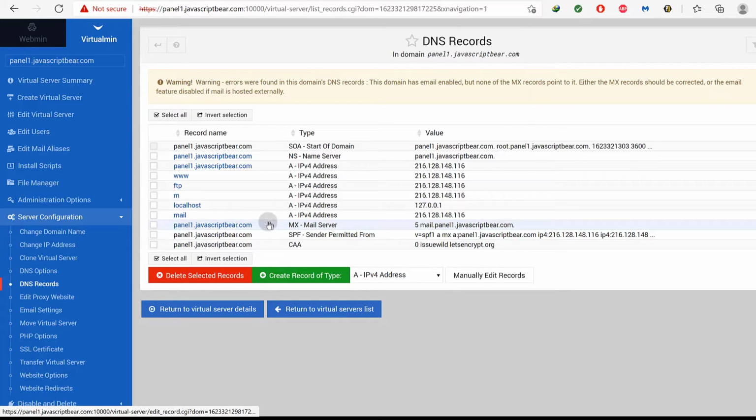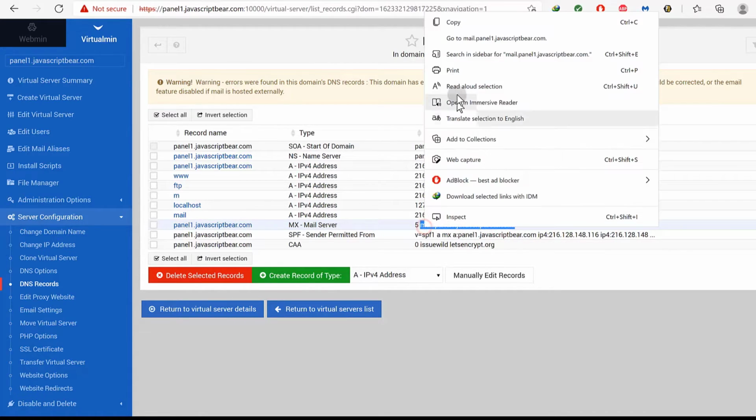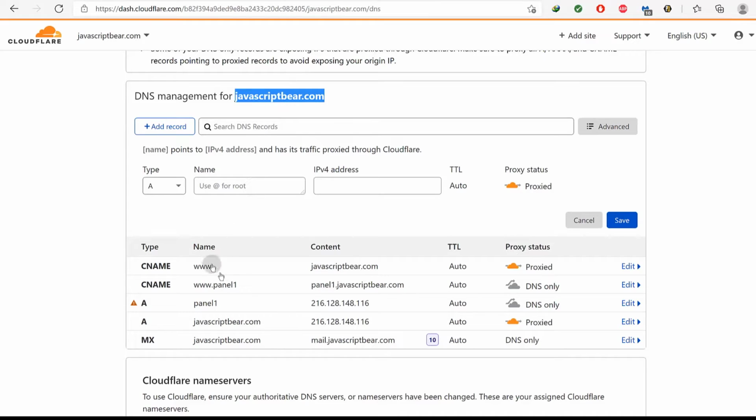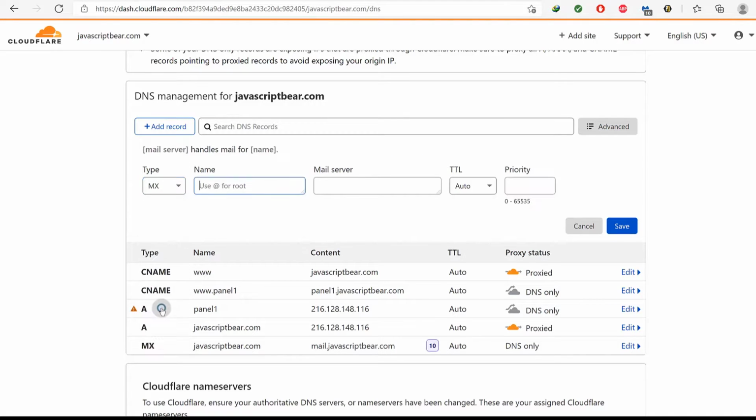Let me just do this as an example before I end the video. So I'm going to add panel 1, that MX, and the record is going to be this copy. So let's come back here, and I want to add an MX record for that subdomain. So just note that it is a subdomain. So here it will be panel 1,